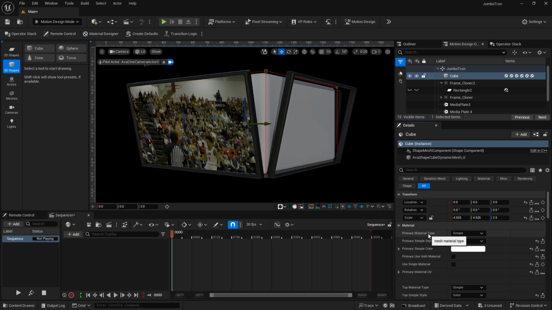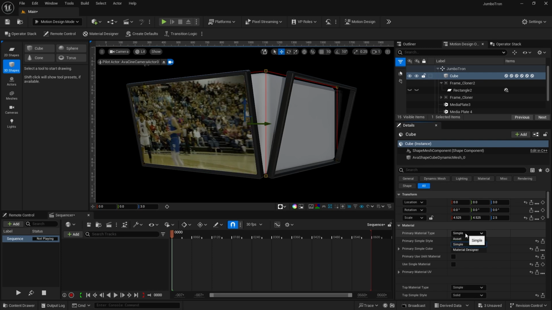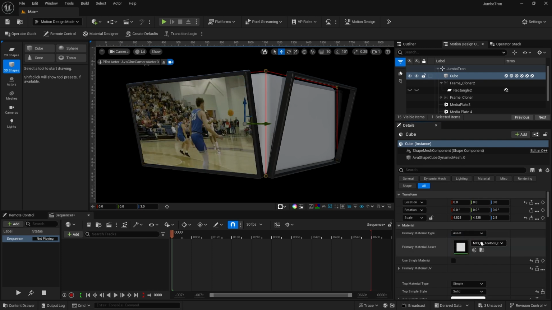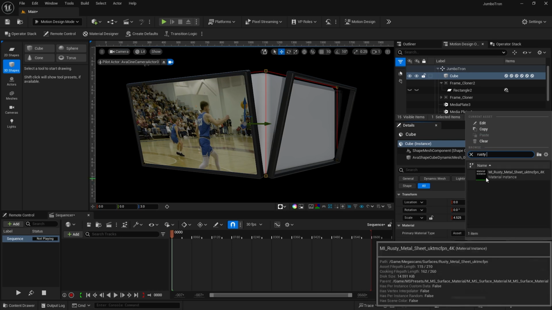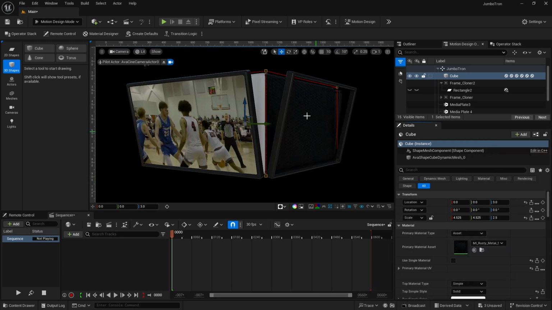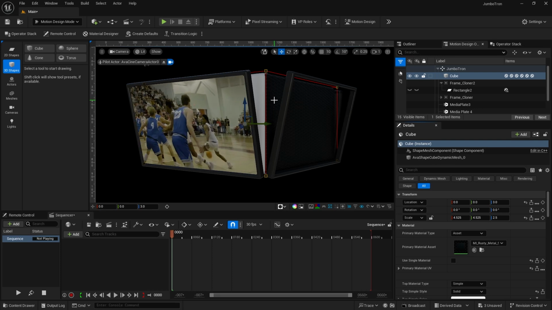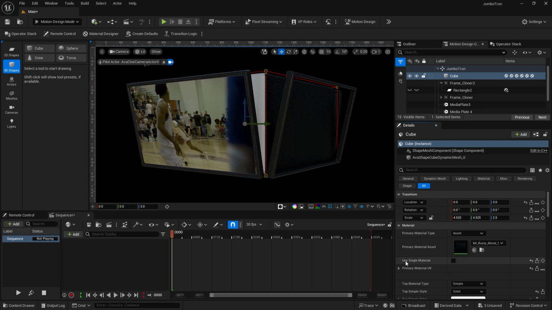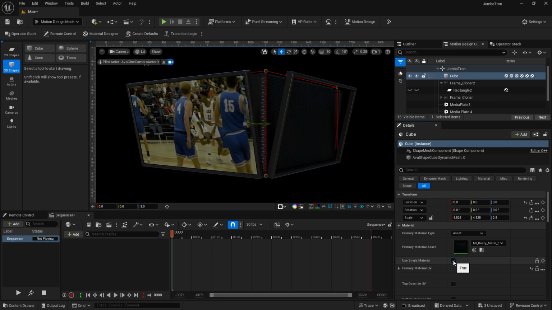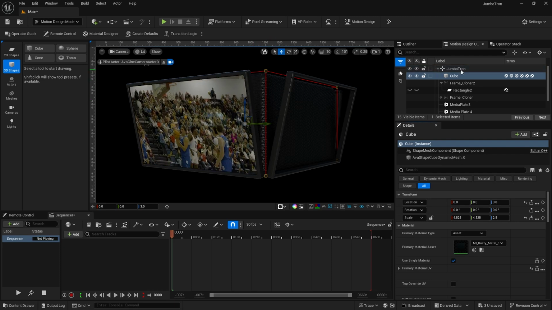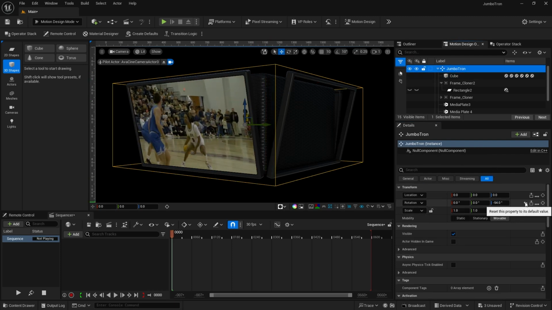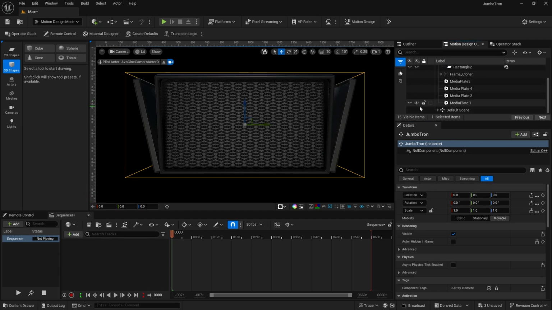So I'm going to go to the primary material right here, change it from Simple to Asset, and then we will look up that material that we want, and it's this rusty metal. There it is right there. Select it and add it. You'll notice that it is added to only one side of it. So what we'll need to do is use single material right there, and it wraps it all around the entire cube. I'm going to go back to my Jumbotron and just reset my rotation, and I'll bring that first media